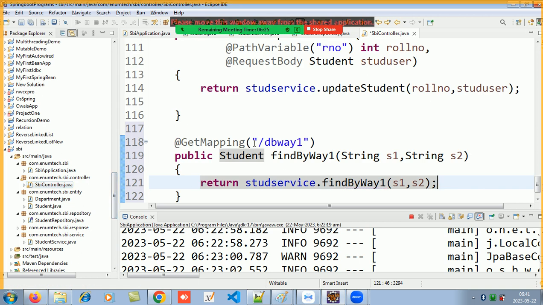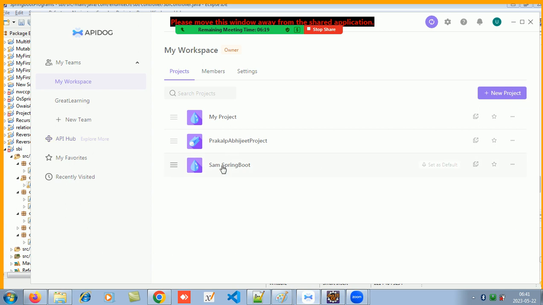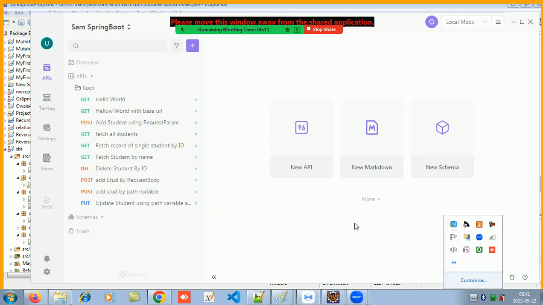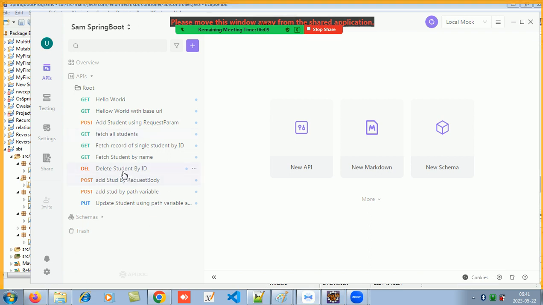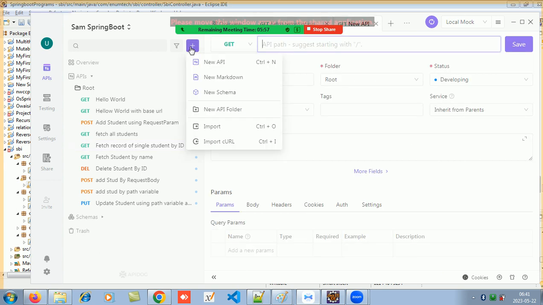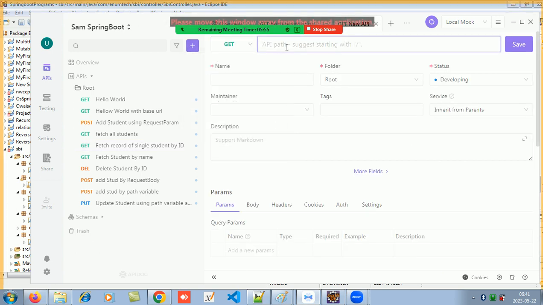Yeah, so now let's test this. Take the existing get API so that we can just take the URL, create a new get API, and we have named it